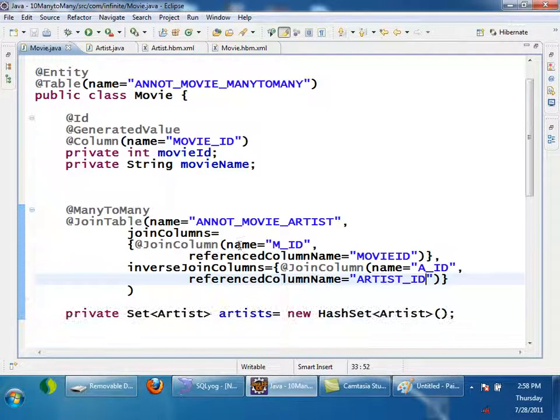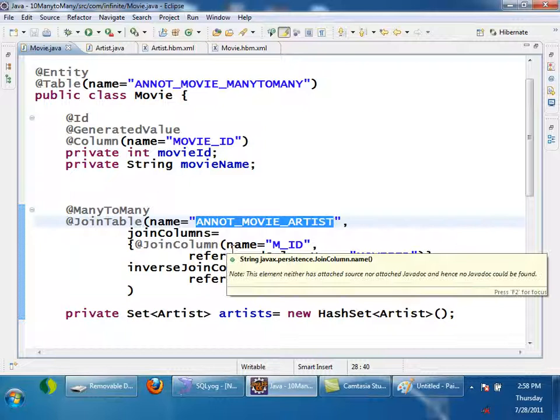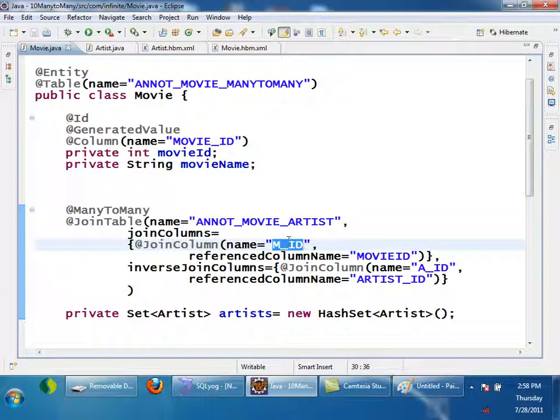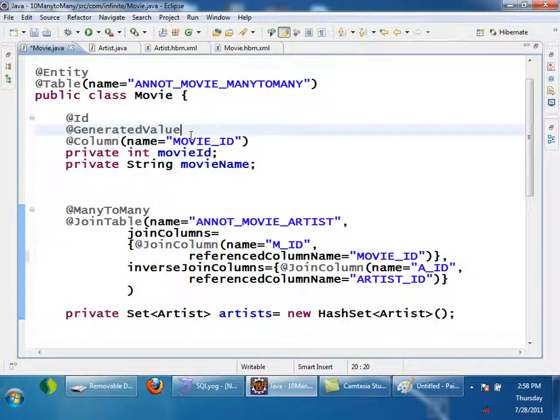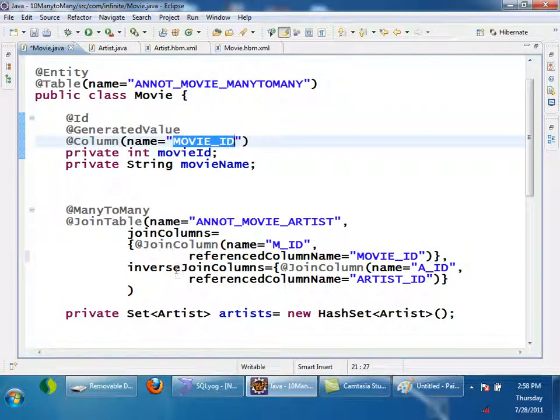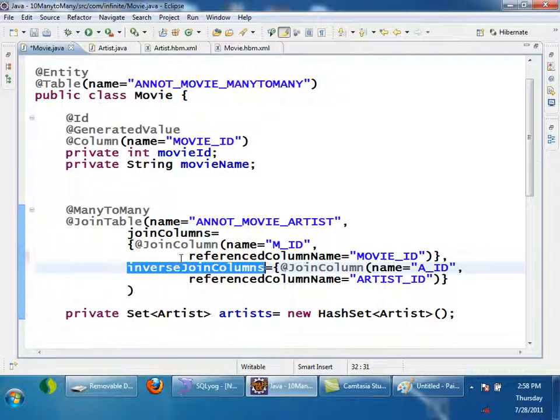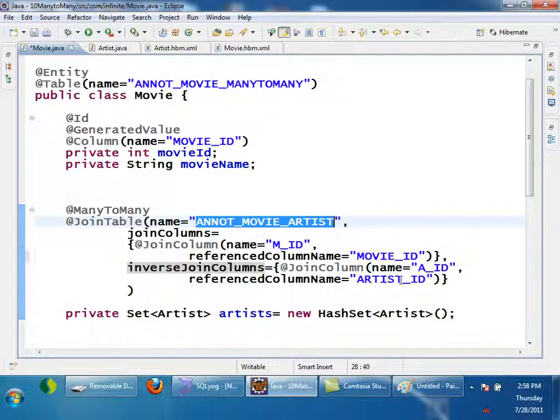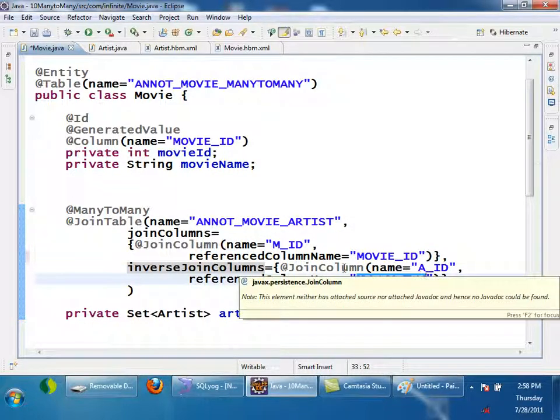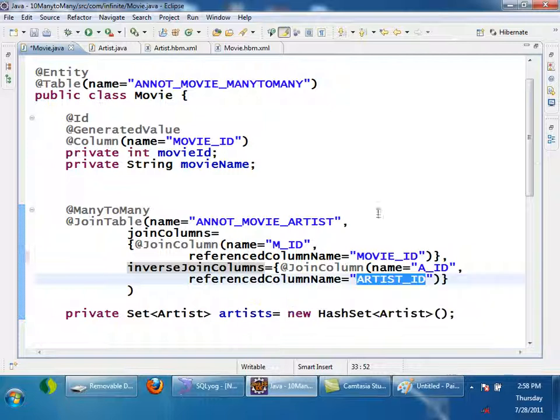So here what I am telling is, I am telling the table name, join table name, and also the foreign keys. m_id, joinColumns means columns going from this side, means movie side to table. m_id will be going from this side. It is referencing movie_id. This should be same as a primary key here, right? An inverse join column means the columns coming from the other side of the association. That name I want it to be a_id in this table. It should be referencing to artist_id, the primary key of the other side. Just check, and do you have any doubts?